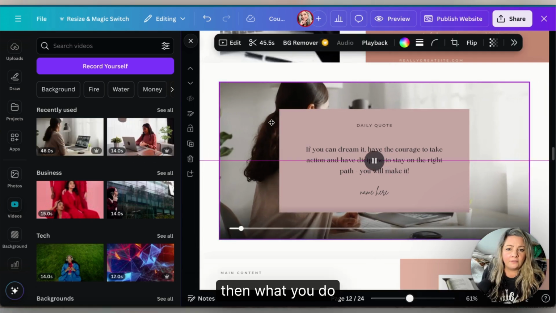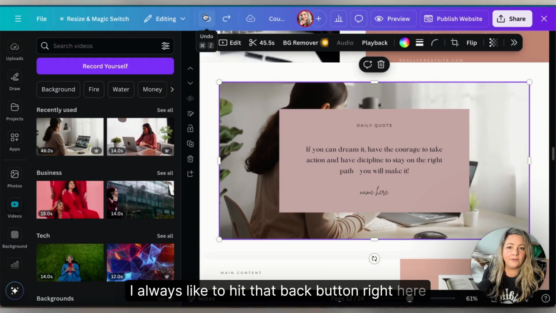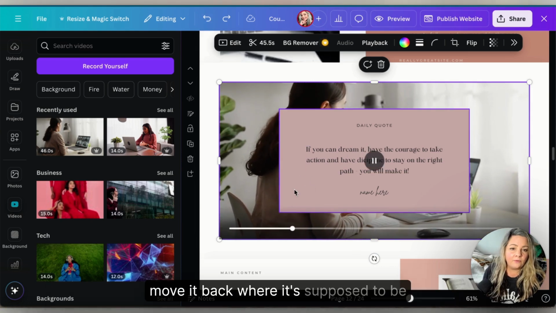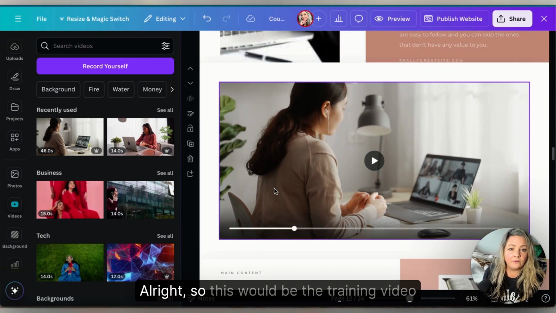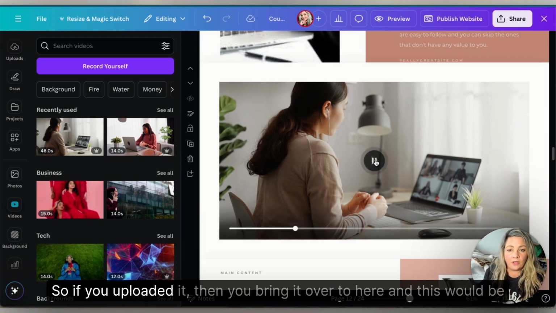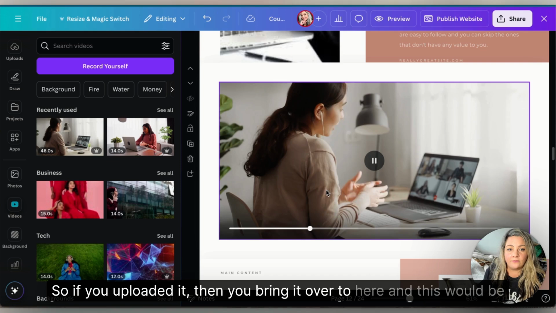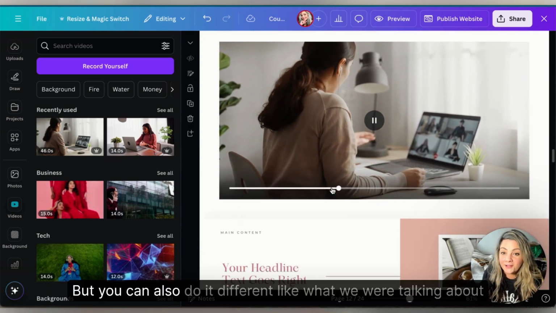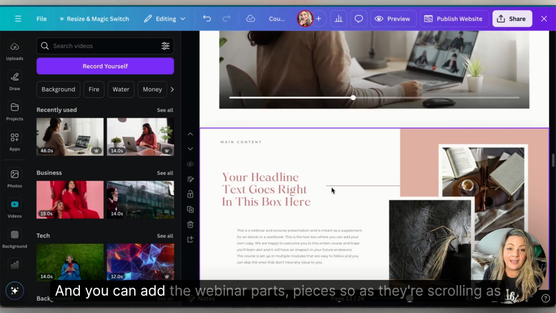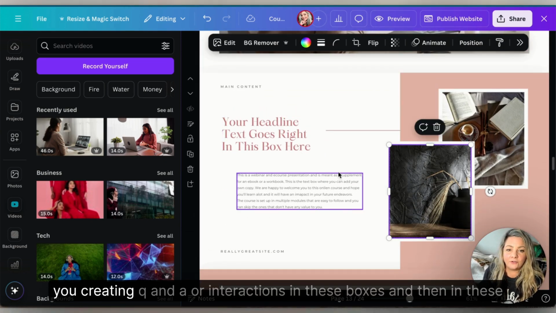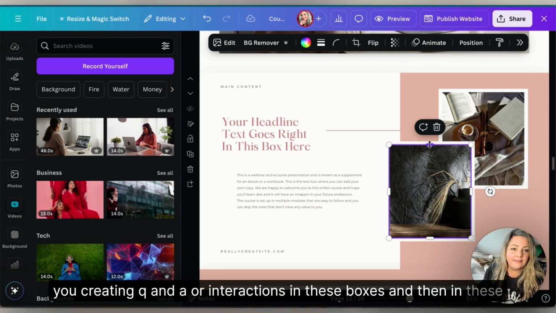And then what you would do, I always like to hit that back button right here if I move something and I need to move it back, because then it will move it back where it's supposed to be. All right, so this would be the training video. So if you uploaded it, then you bring it over to here, and this would be the actual webinar part. But you can also do it different, like what we were talking about, and you can add the webinar parts in pieces. So as they're scrolling, as you're creating Q&A or interactions in these boxes,